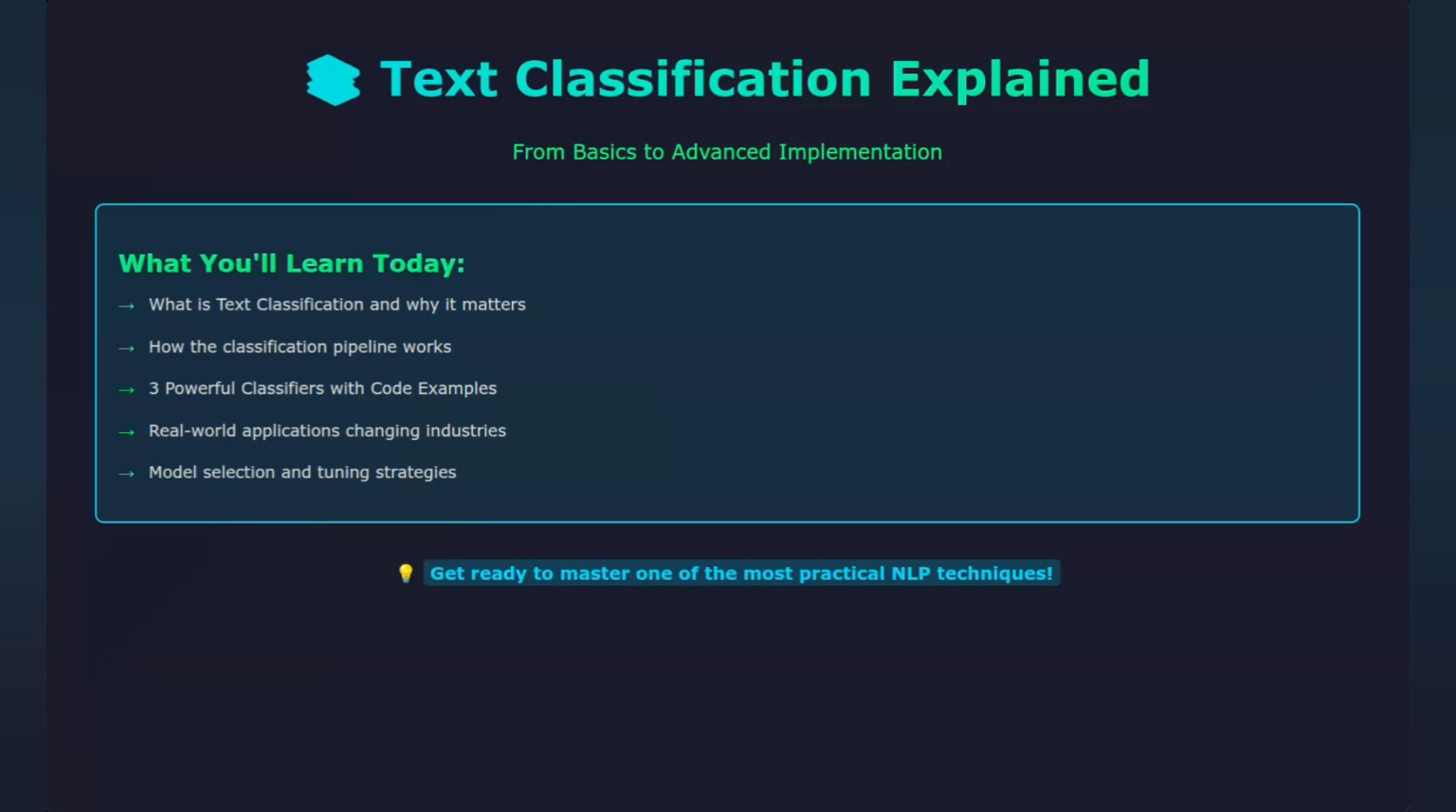Today, we're diving deep into one of the most powerful techniques in natural language processing, text classification. Whether you're scrolling through your inbox, reading news articles, or shopping online, text classification is working behind the scenes. By the end of this video, you'll understand exactly how it works, the different algorithms you can use, and how